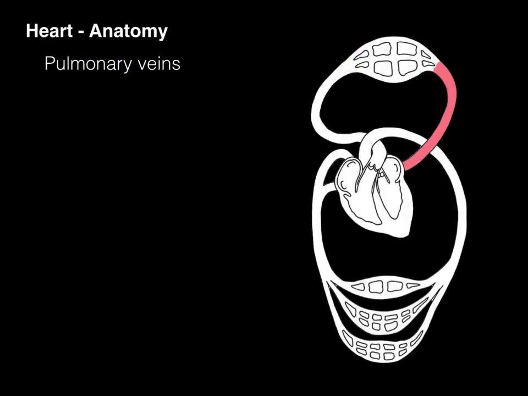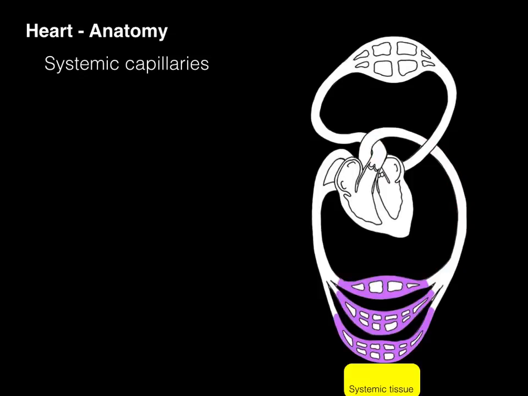And so veins bring blood back to the heart. And so the pulmonary veins bring oxygenated blood into the left atrium, which then goes through the bicuspid valve into the left ventricle, through the aortic valve into the aorta, and into all these systemic arteries. Now the opposite happens. In these systemic capillaries, there's a systemic tissue. And we have oxygen in our systemic capillaries, and then because of